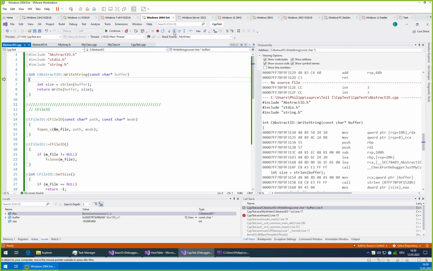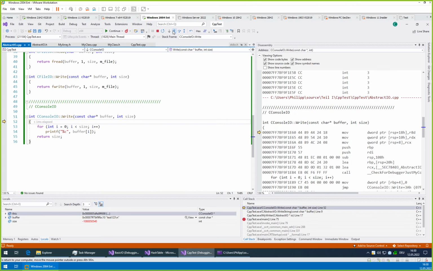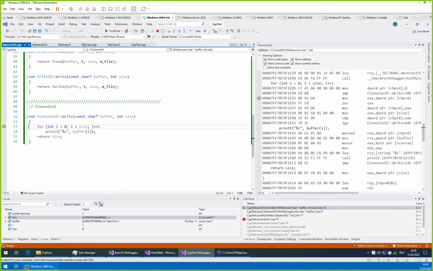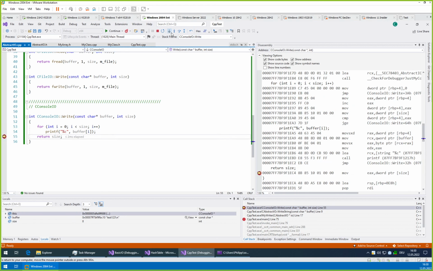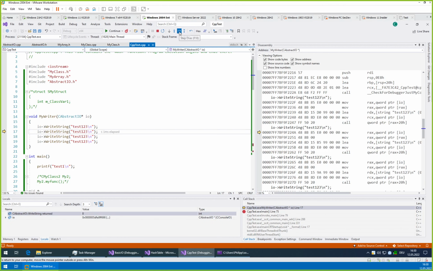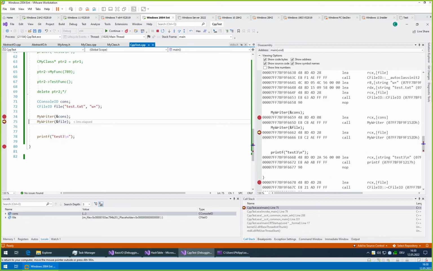Now we enter the write string function here in our abstract class, and then we enter the appropriate write function. Apparently console was the first one, so here we will be looping through that until we are done. So let's just make a breakpoint and skip to the breakpoint, and then we return from this thing, and then we of course would repeat the whole thing until we are done and exit.